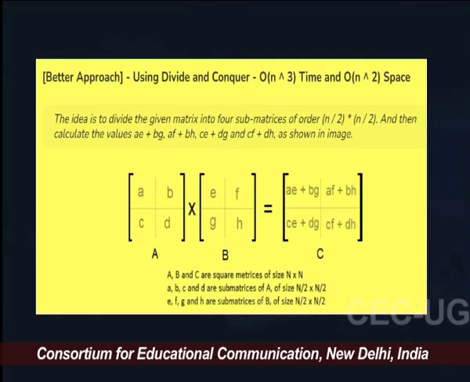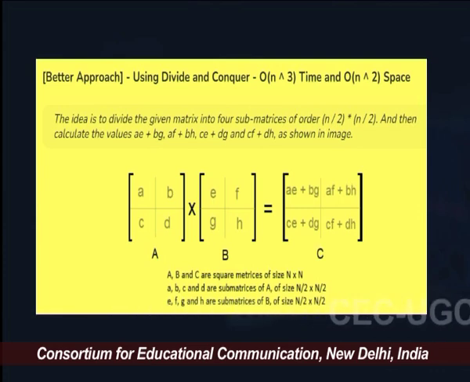It is also an order n cube time algorithm, and in space it is taking order n square. Here the idea is to divide the given matrix into 4 sub matrices of order n by 2 multiplied by n by 2, and then calculate the values AE plus BG, AF plus BH, CF plus DH as shown